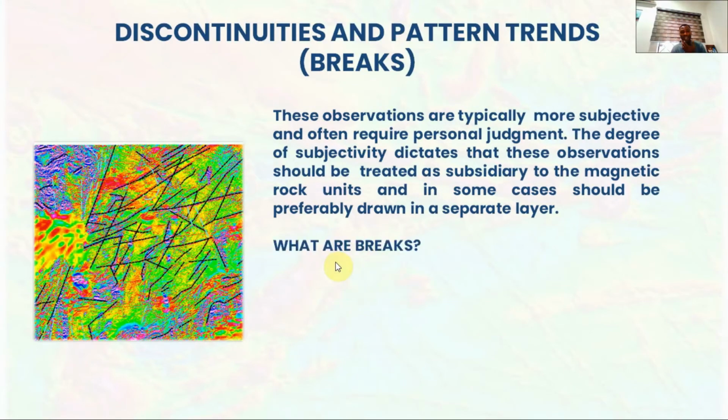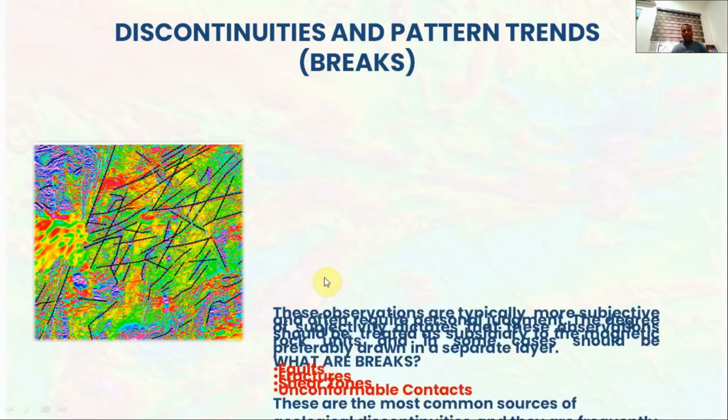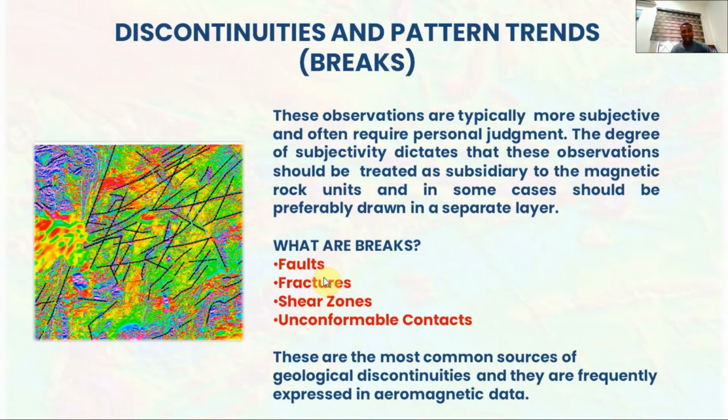When we are talking about breaks, we are talking about maybe faults, fracture zones, shear zones, unconformable contact zones and all that. These are the common sources of geological discontinuities, and they are frequently expressed in aeromagnetic data. After identifying the magnetic rock unit, whether it's linear or broad,